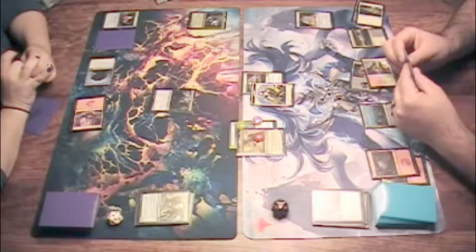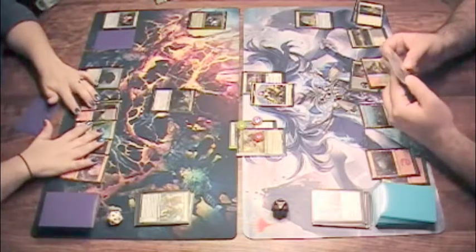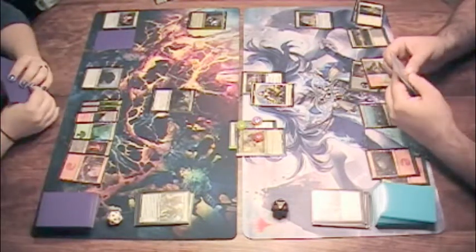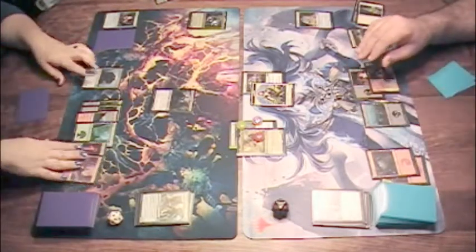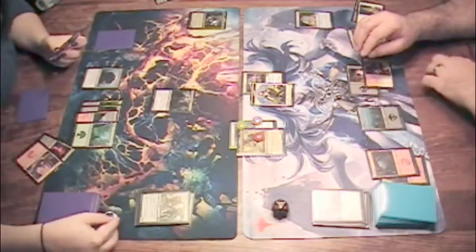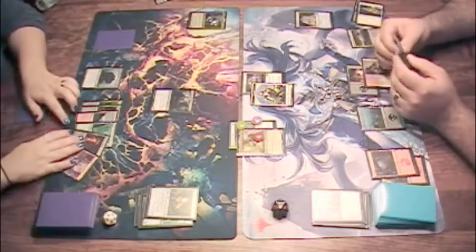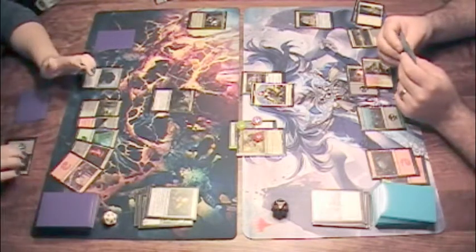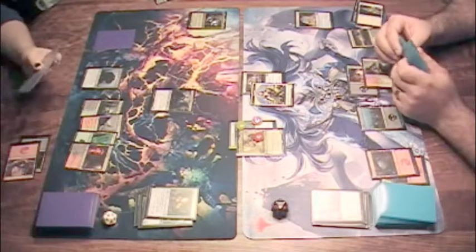And I will be done. Alright. Untap. Upkeep. Draw. I will pay... Oh, she's 2. Tap. Sacrifice this. I gain 3 life. And let me do the right 2. We'll do a black and a red. And then